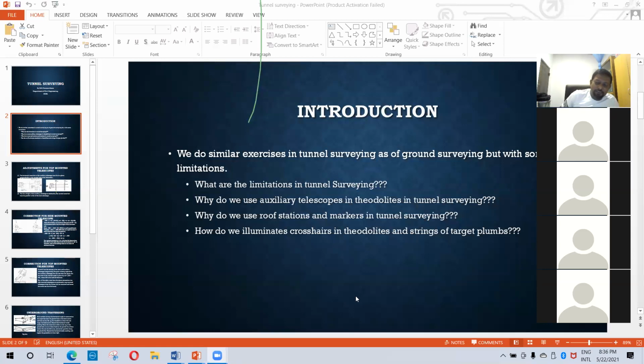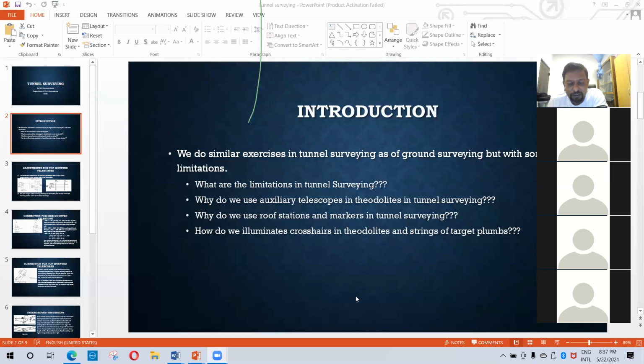Now in a tunnel, you have very limited space. Now all the work is going through the space. If you want to transport things, you have to transport things through that space. Then if you want to do lighting, you have to do through that space. If you want to provide ventilation, you have to do through that space. So many things have to be done in a limited space. So if you put a station on the ground, what will happen? Now with your normal surveying experience, can you tell me what will happen if you put a peg in the middle of a gravel road, let's say? When you're doing a traverse on the ground, what will happen?